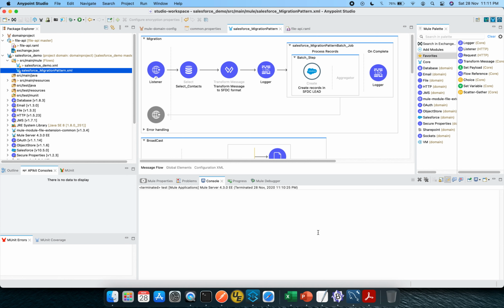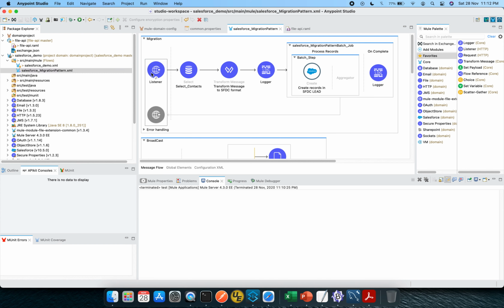So if we are dealing with records in the 10,000 to 20,000 range, it's better to go ahead with the batch step or batch processing. So I will be going with the second approach to make it more generic and user friendly. So let's discuss more about the flow directly.